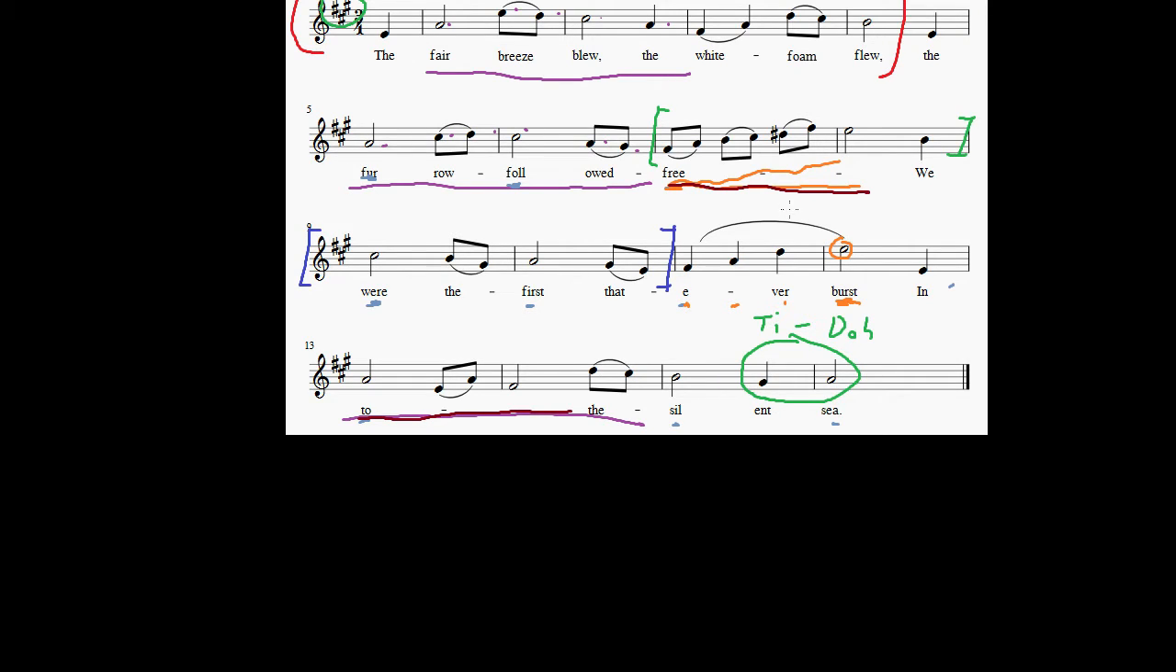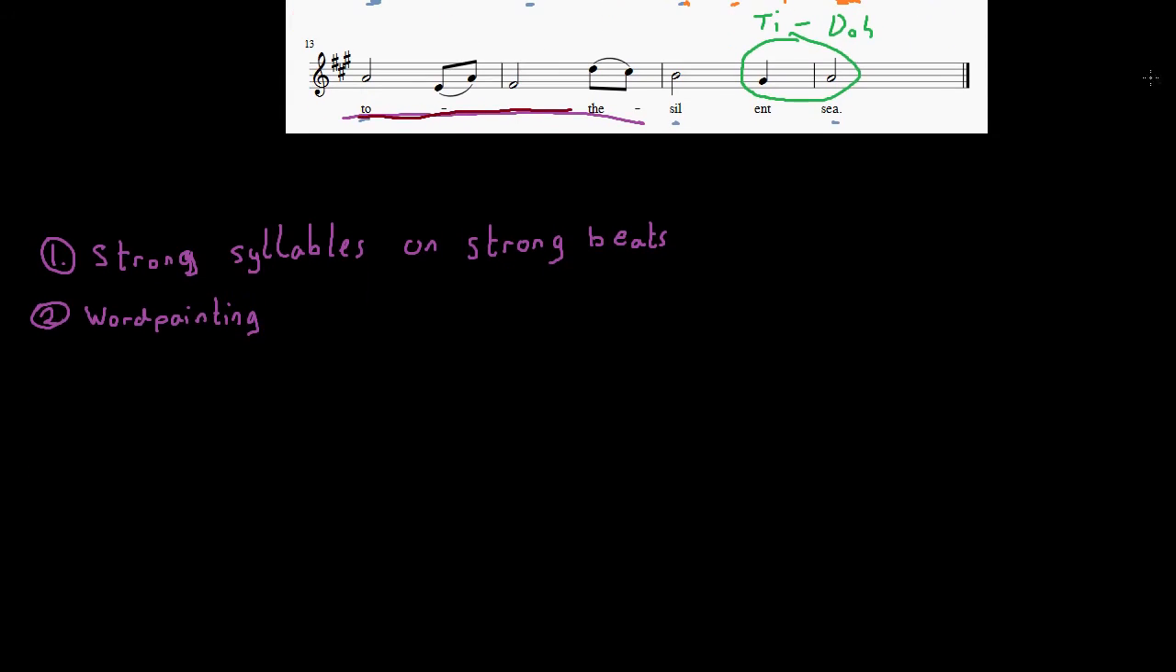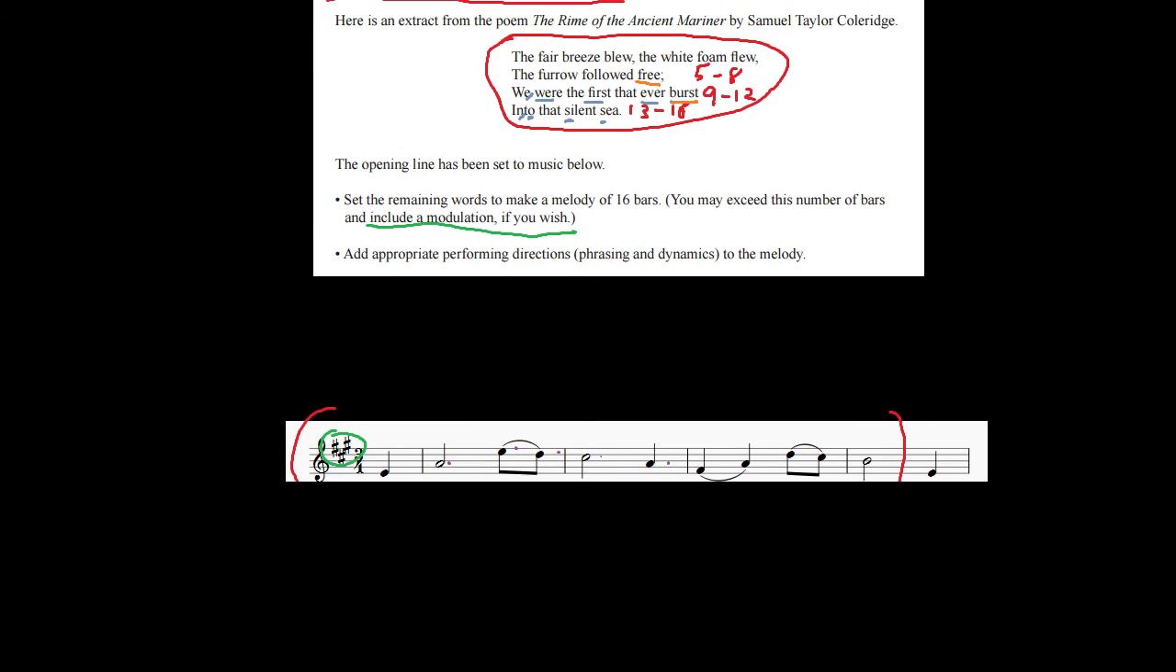Because that shows that you're able to set different syllables to different notes one note at a time. But it's also good to include just a little bit of melisma, particularly on words like free, where it's not just melisma, it's also word painting. It really works well there. So I'm just going to write that down as our third technique that we can use. So melisma. Okay, and those are the main things just to keep in mind when you're setting a poem